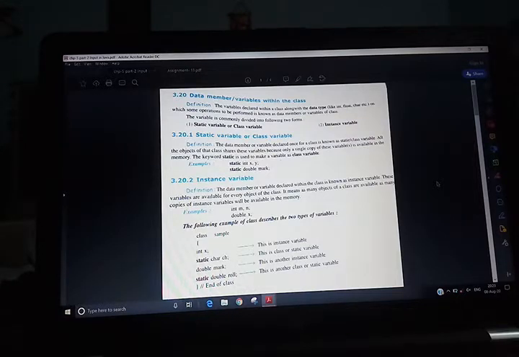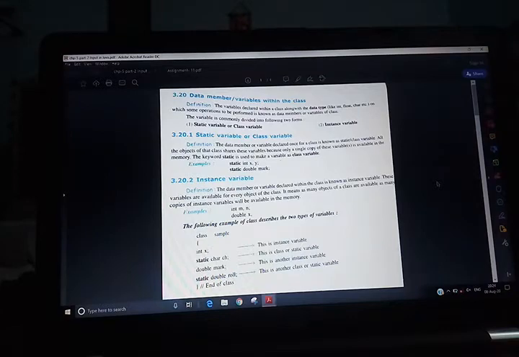Byte has 8 bits, the default value is 0. Then short is 16 bits, 0. Float is 32 and double is 64. You have learned this table in the first chapter.